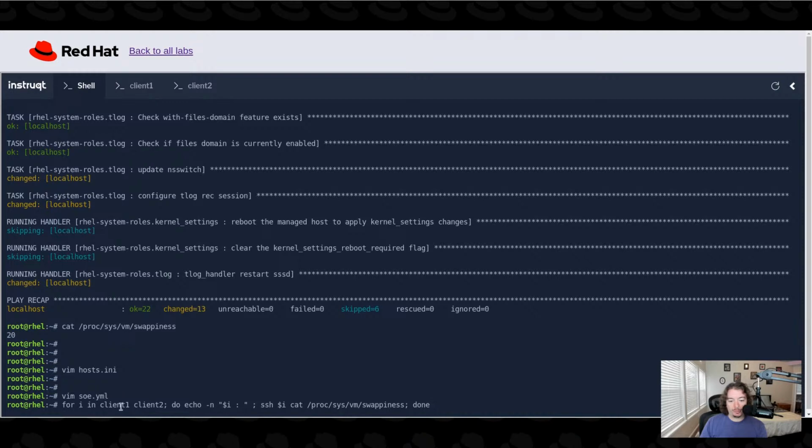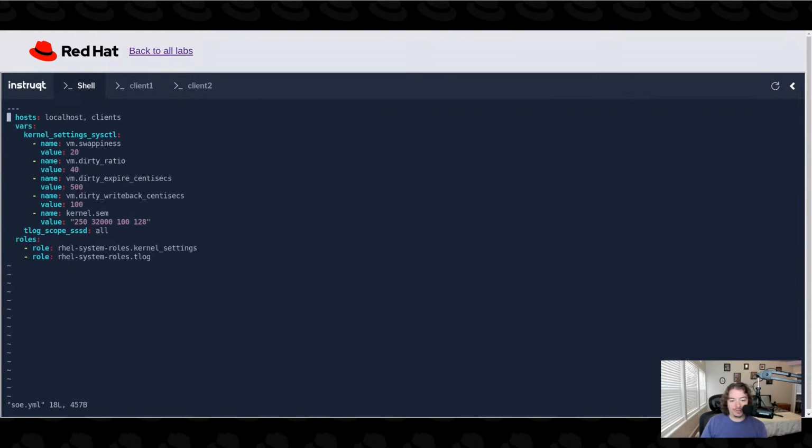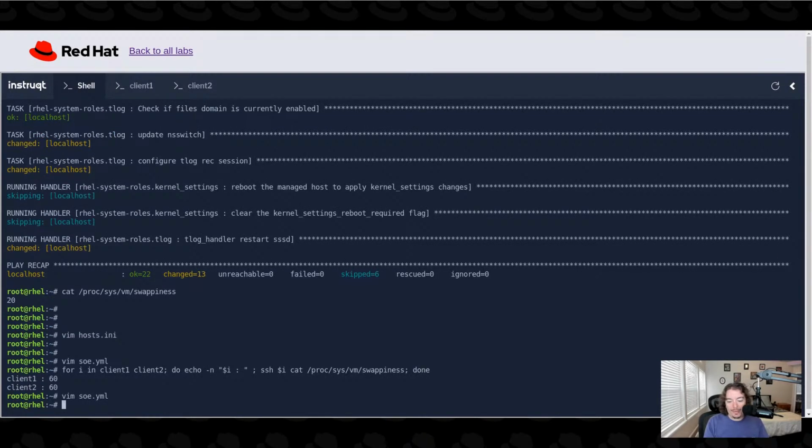So what we want to do is take that variable i, client 1 or client 2, and that'll echo into our SSH command here. It's going to give us a client name and the output of the swappiness file from client 1 and client 2. You see they're both at 60, but like we did at the top of the show, our swappiness is set to 20. So if I go back in and do an Ansible playbook on our soe.yaml file,